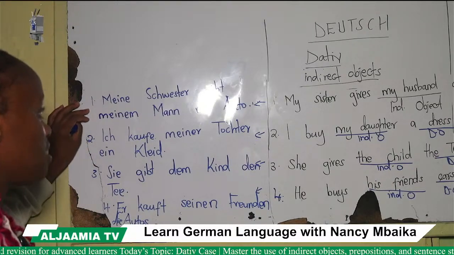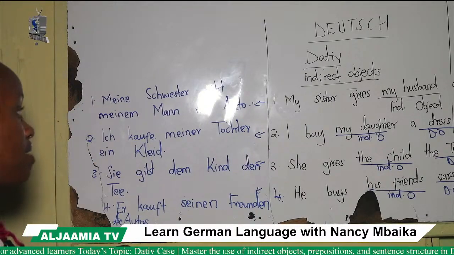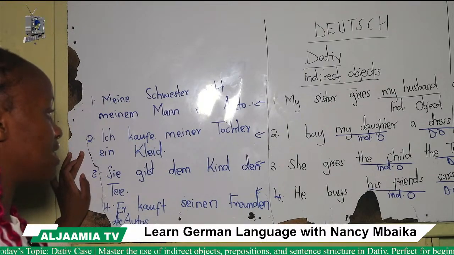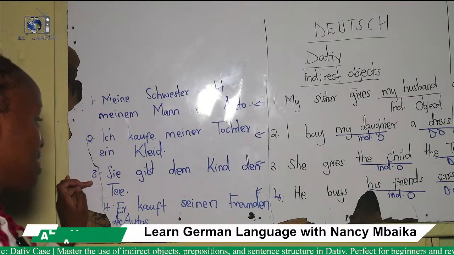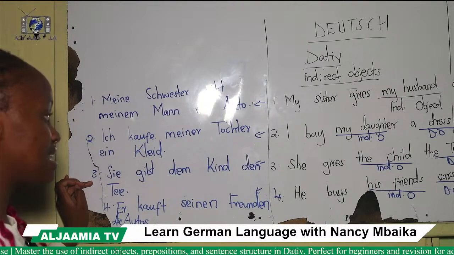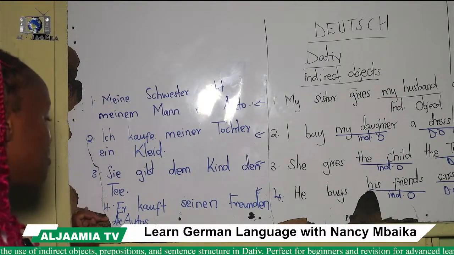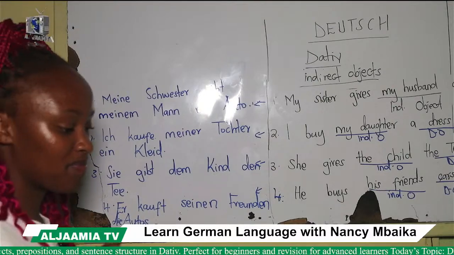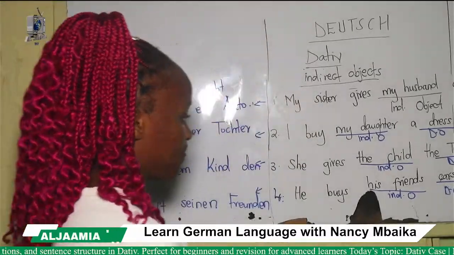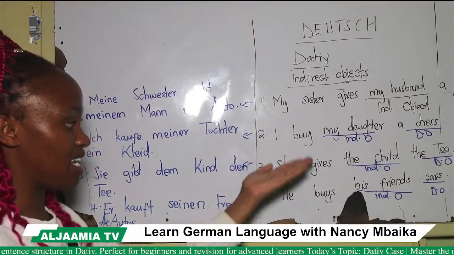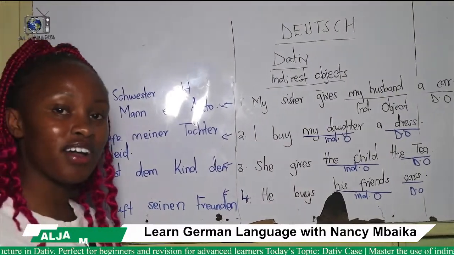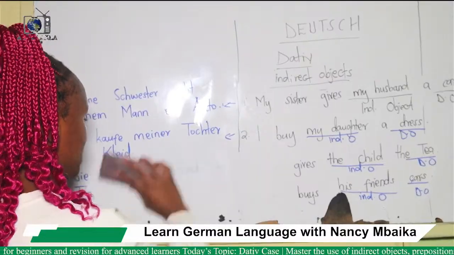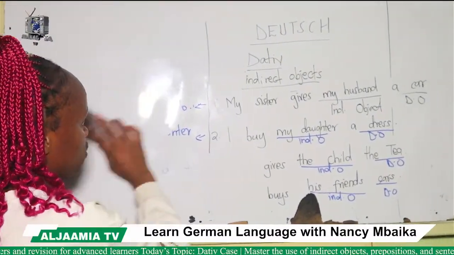So the first one, meine Schwester gibt meinem Mann ein Auto. The second one, ich kaufe meiner Tochter ein Kleid. The third one, sie gibt dem Kind den Tee. And then the final one, er kauft seinen Freunden die Autos. So that is it about the indirect objects. You can go on and make more and more sentences by yourself. Let us go to the second thing. We're going to talk about